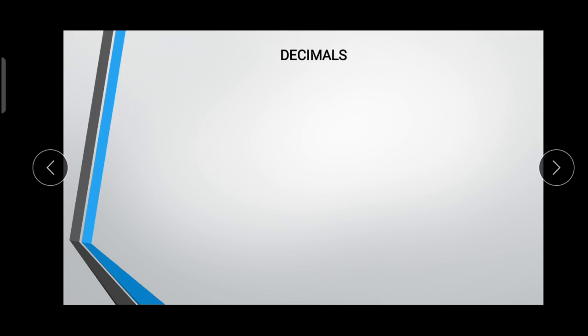Okay children, now let me show you how many parts we have in decimals. So in decimals we have two parts. The first part is the whole number part and the second part is the decimal part. Now let me show you one example related to decimals. So as you are seeing here,